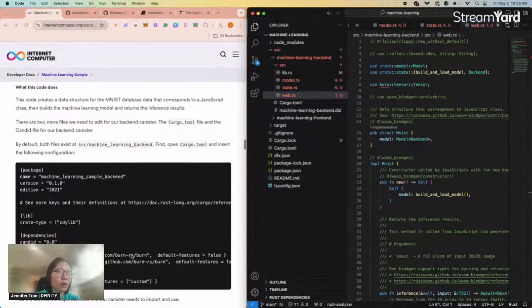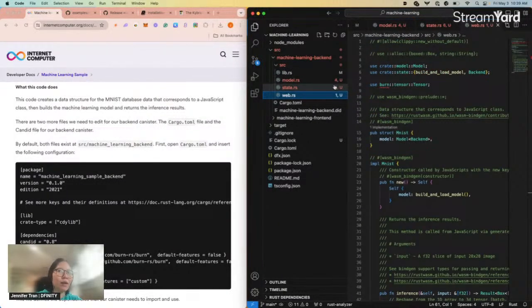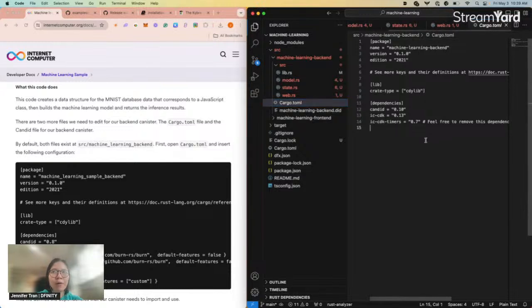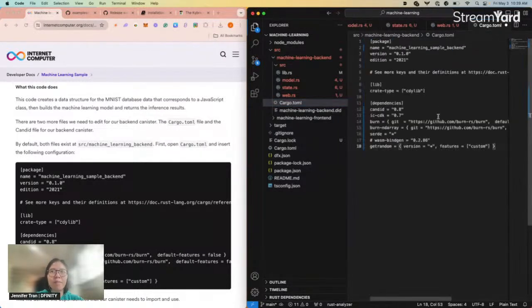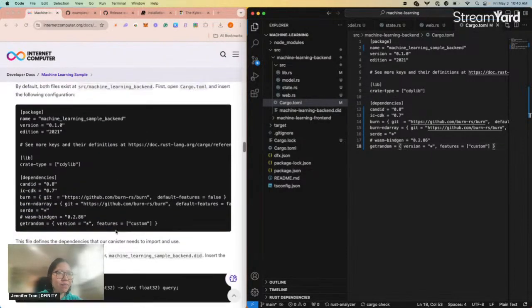Okay, you can see here there's a whole bunch of red marks practically because we haven't loaded any of our packages. So we do need to update our cargo.toml file to load up all of our dependencies. I think we're missing some dependencies, so let's add these, and voila, it's no longer red. We were just missing some packages.